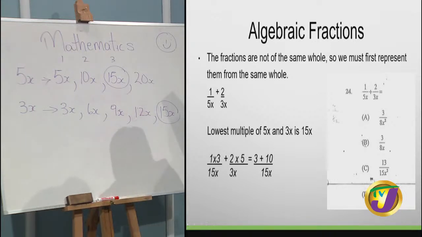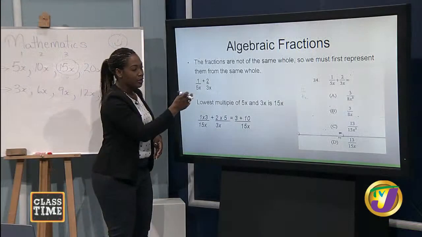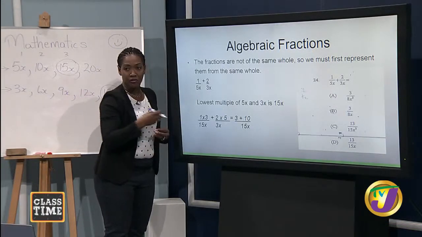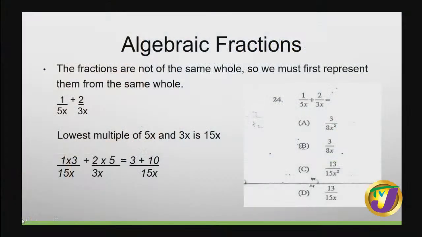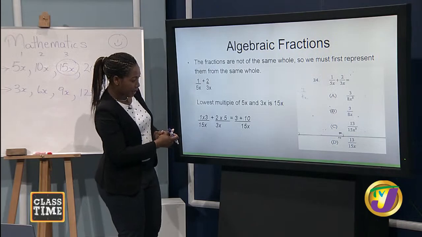Similar to how you work with regular fractions, I'm going to now change my 5x to 15x. How do I change it? 15x divided by 5x is 3. So I would have to multiply 5x by 3 to get it to 15x. Therefore, I'll have to also do it for the numerator. And as you can see right here, 1 multiplied by 3 would give me the numerator value now that I have changed my denominator. And same thing,